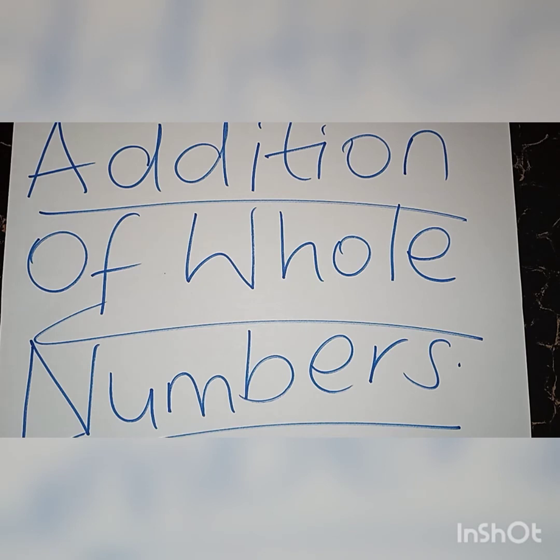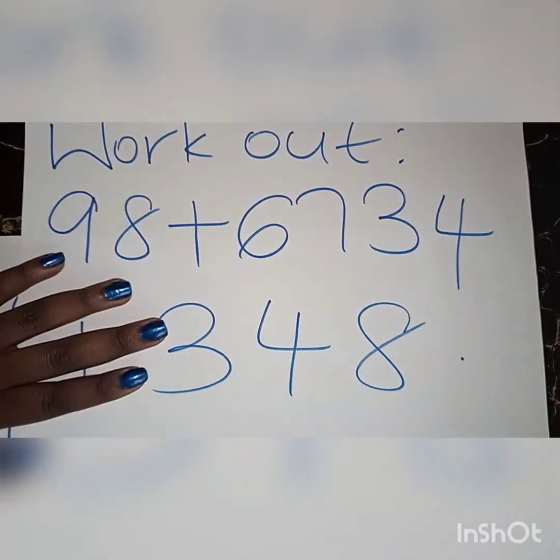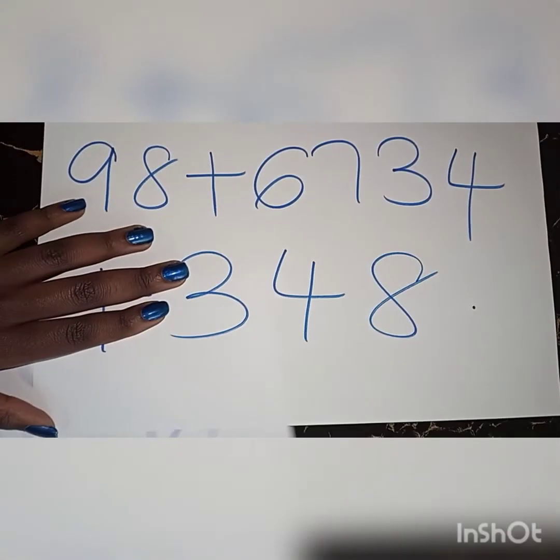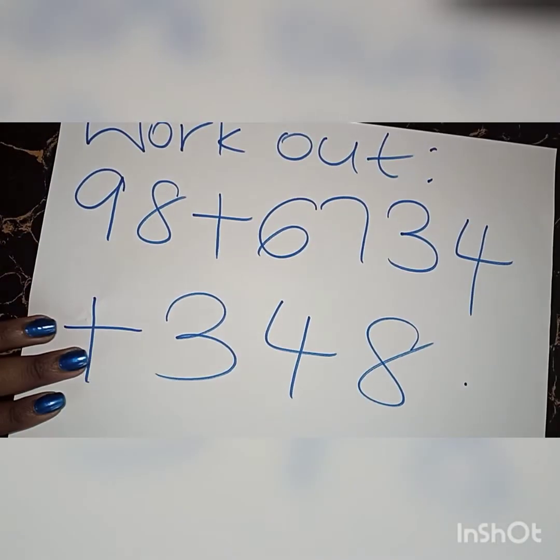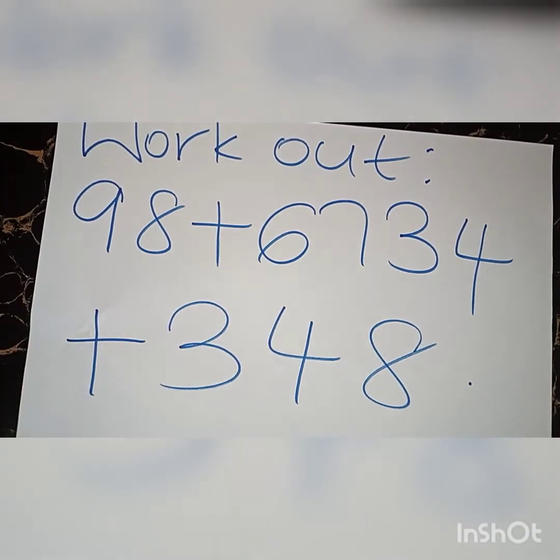And how do we do that? Let's do an example, because examples help us understand better, okay? Suppose you've been asked to work out this number here, 98 plus this, okay? So when you're given a question like this, you need to arrange the numbers in order